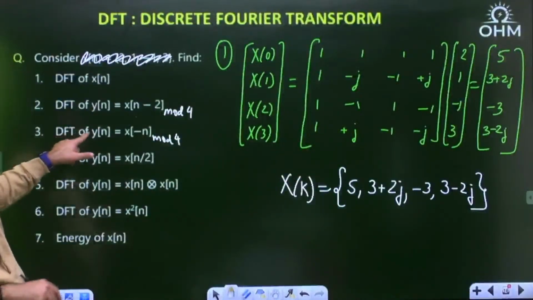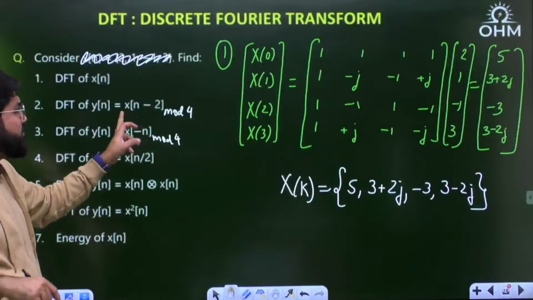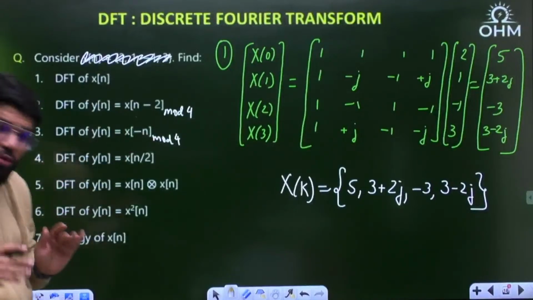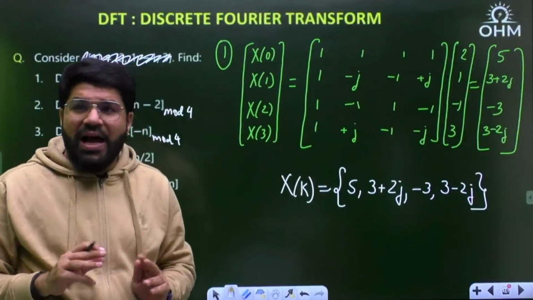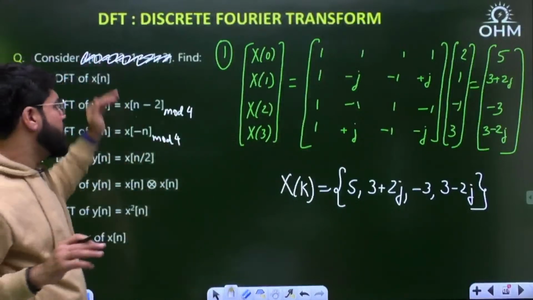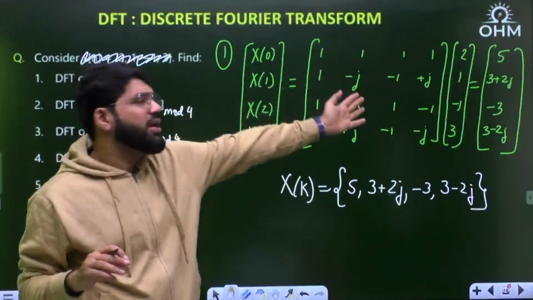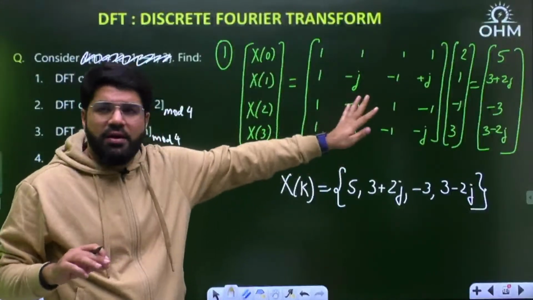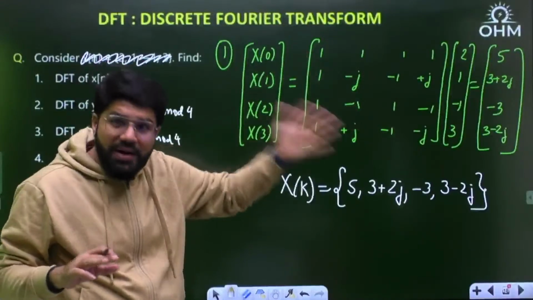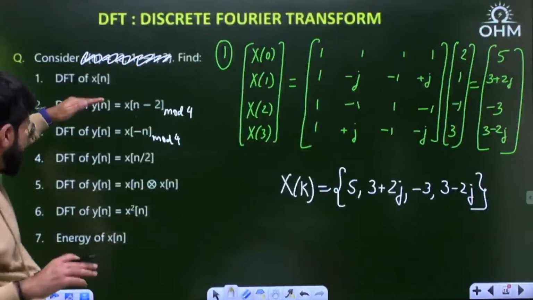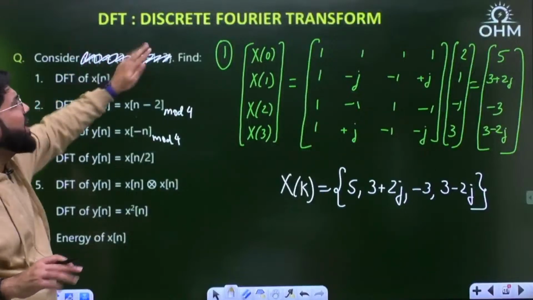Then, what is the DFT of x[-n]? Or what is the DFT of x[n-2]? Then you have to use the property only. Again, if the signal is given, then okay, you can shift or fold and calculate the 4-point DFT by matrix. That is okay. But most likely, for such a question, it is a property based question. Now I hide x[n], but